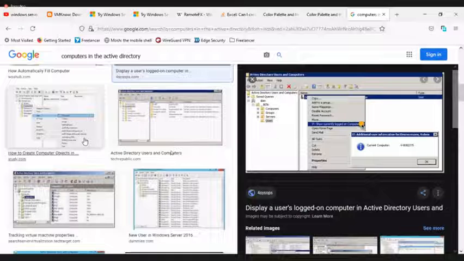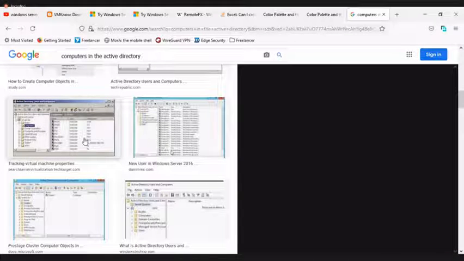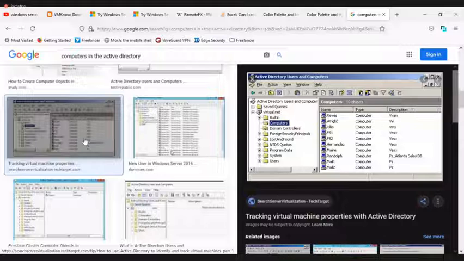So whenever you add a computer to the domain, on the domain controller, when you open Active Directory Users and Computers, in the computers folder you have all the computers you have added to the domain like this. Now can you see, this is showing the name of those computers, right? You rename those computers to whatever name you want, and then you can add to the domain, and that same name will be shown here.